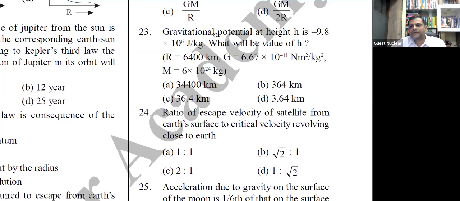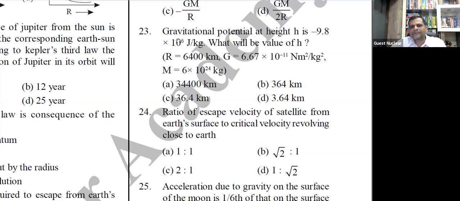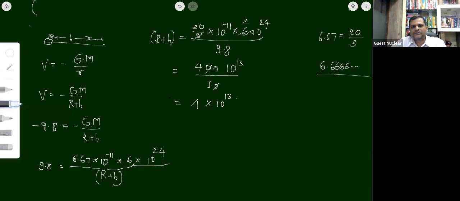अच्छा, 9.8 into 10 raised to 6 है, देखो इधर यहाँ पे, ठीक है, 10 raised to 6 भी तो है, don't forget that, so we have to put it there. तो 9.8 सिर्फ 9.8 नहीं है, 9.8 into 10 raised to 6 भी है, ओके, तो यहाँ पे भी है वो, यहाँ पे भी है वो, याद रखो ठीक से, जिससे हमको ये मिलेगा कि 10 raised to 6 ऊपर जाके फिर 10 raised to 13 minus 6 क्या बनता है, so 13 minus 6 becomes